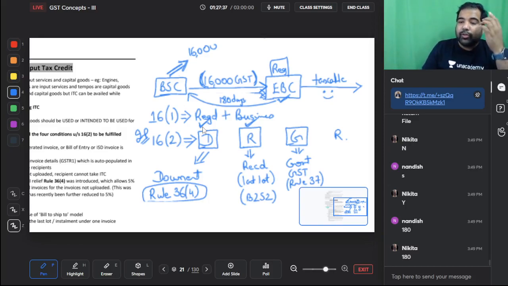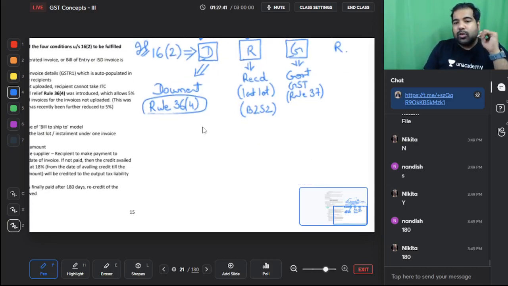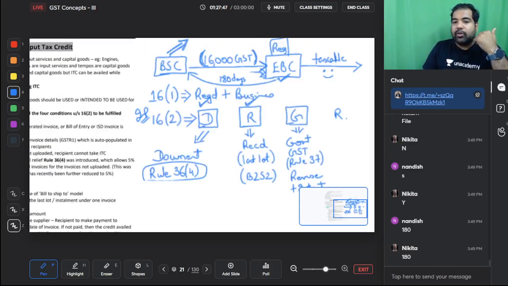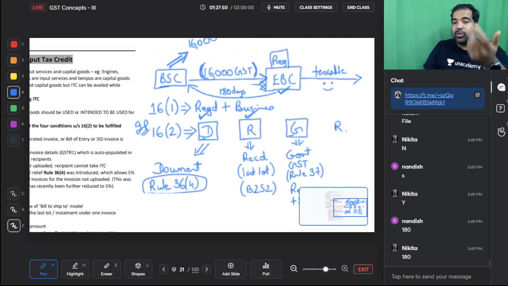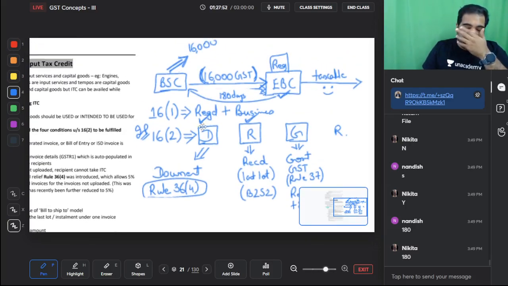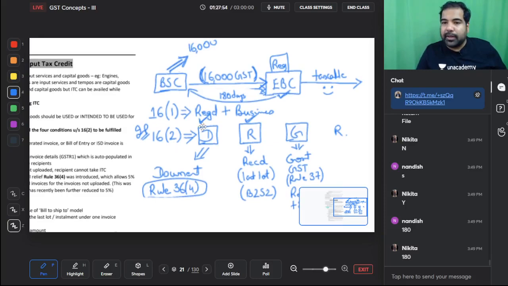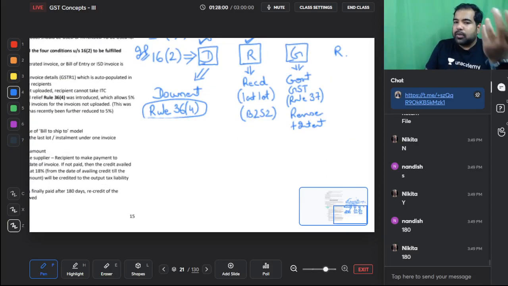And not just that, you will have to pay interest also. So in this month of September, you will reverse it with interest. Interest from the date you availed the credit. Yes. Why so much? Because you broke your promise of not paying within 180 days. But what if you pay in 240 days, guys? In September you had to pay. What if you pay in October? Then don't worry. If you pay, you will again get 16,000 credit.